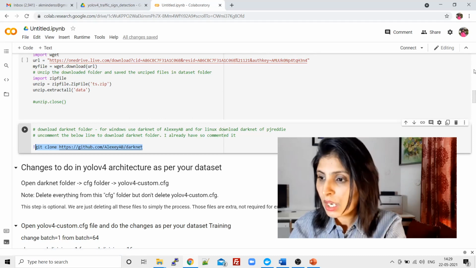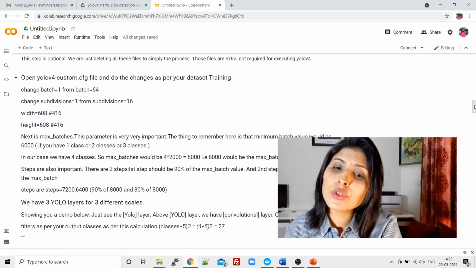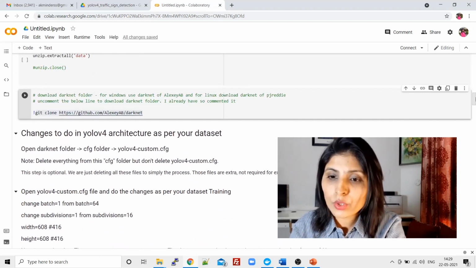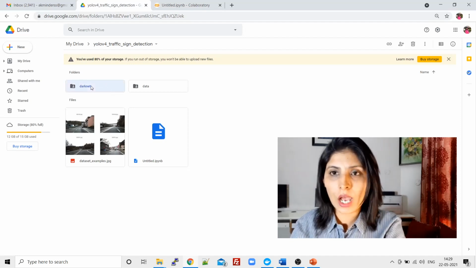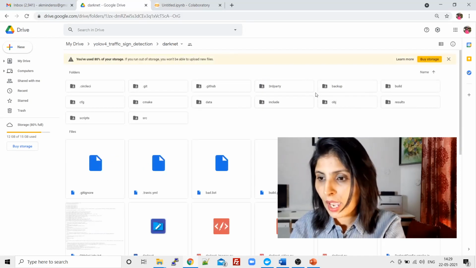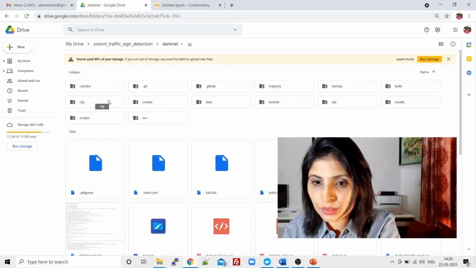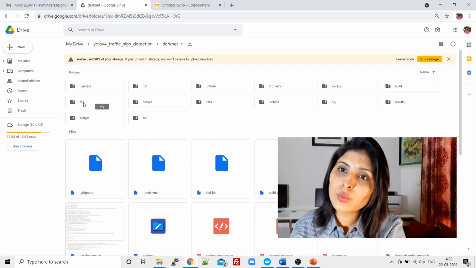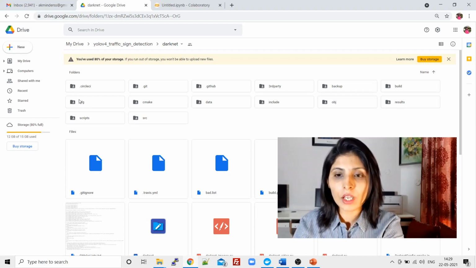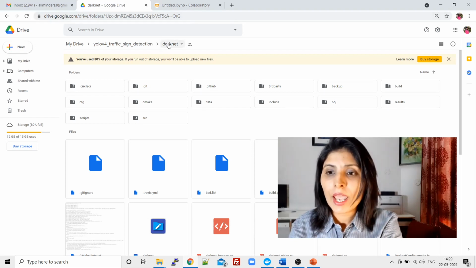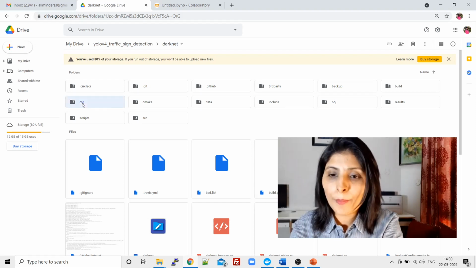Now, after this, there are a few changes which you need to make. First of all, click on this darknet folder, and then click on this CFG folder. All these folders you will get once you install darknet; these will already be there. So enter the darknet folder, and under it you have the CFG folder.